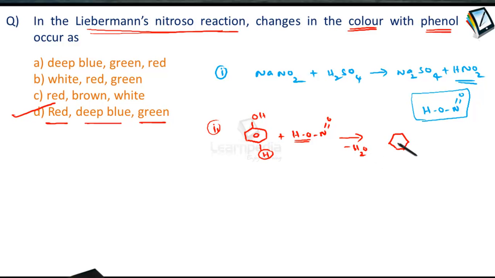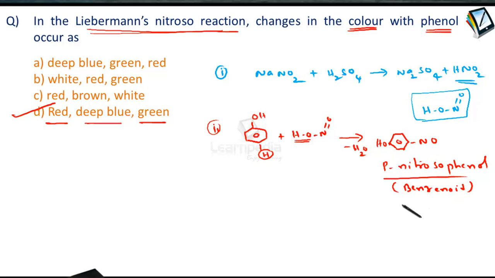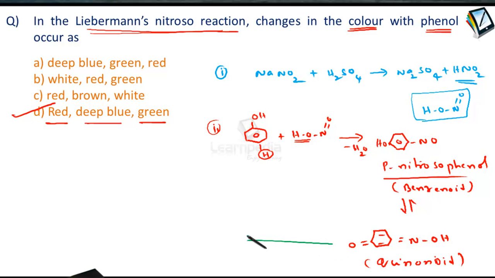para-nitrosophenol. So this is the starting material that will be formed, and this is in fact an example of the benzenoid form, and this benzenoid form undergoes rearrangement to give the quinonoid form of para-nitrosophenol. So that is the one change which takes place, and this is the quinonoid structure. This is also para-nitrosophenol but in the quinonoid structure. So these two will be in equilibrium with each other, and this quinonoid form of it then further reacts